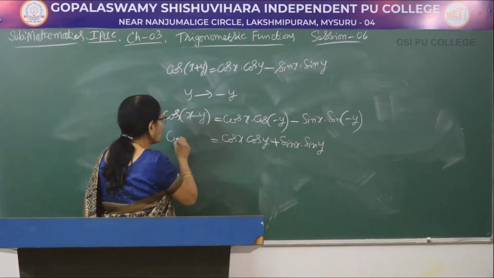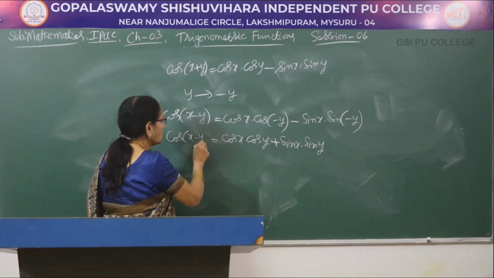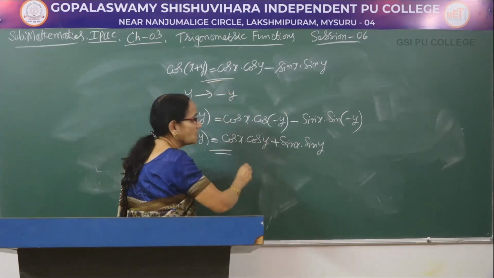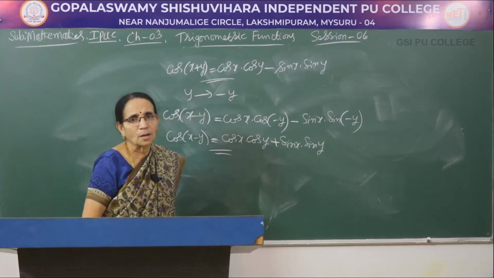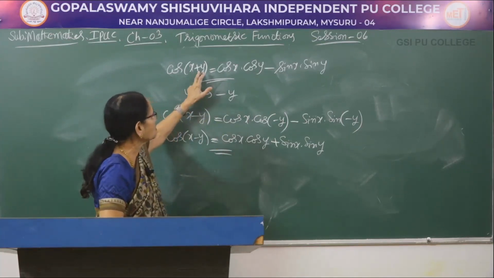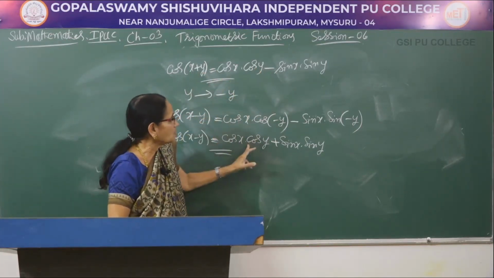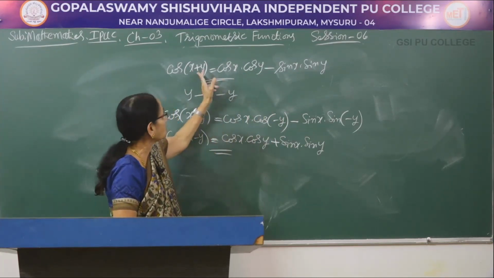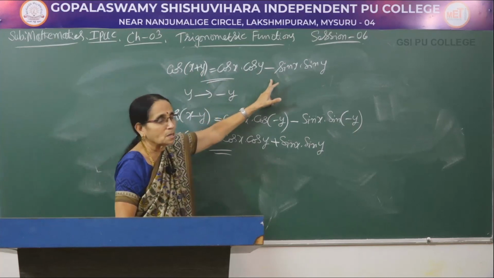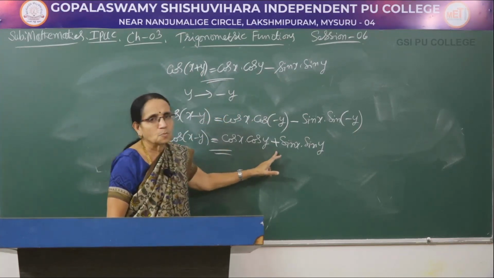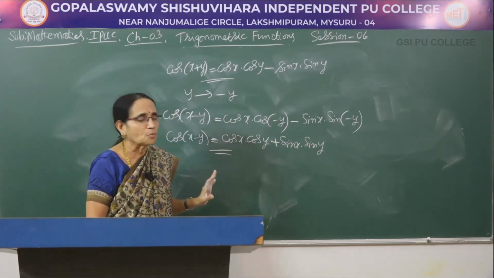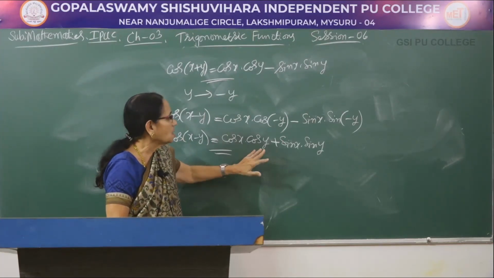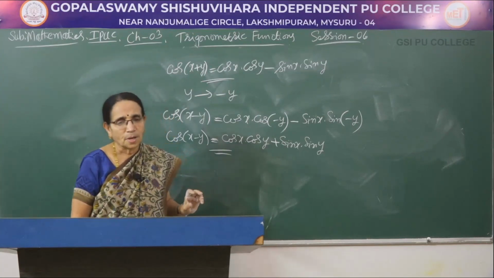Now, this is the second formula for the compound angle, where in the first one we have taken the sum of the 2 angles, here I have taken the difference of the 2 angles. Be careful, when x plus y is there, here the terms are same. You observe cos x, cos y, cos x, sin x, sin y. But here x plus is there, it is minus. Here minus is there, it is plus. The signs are different. Be careful. So, cos of x minus y is cos x into cos y plus sin x into sin y.